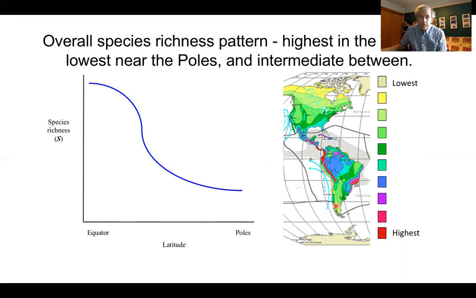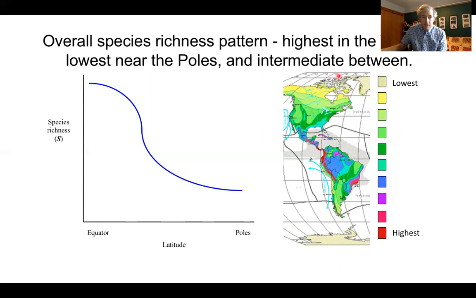Now, when we look at diversity, this is the color ramp. Dark red is the highest diversity. This very, very pale green is the lowest diversity. We see the highest diversity here in the tropical regions. As we move out of the tropics towards the poles, diversity decreases until by the time we get to the polar regions, so Antarctica down here and the Arctic up here, we have the